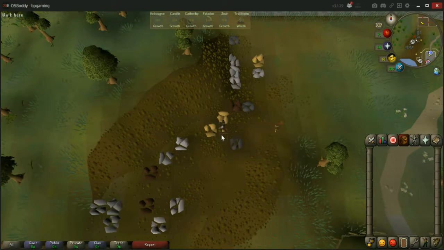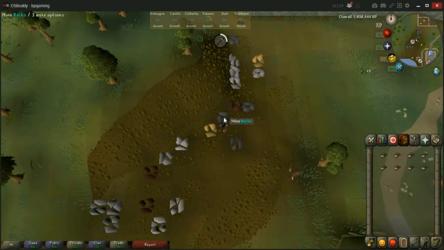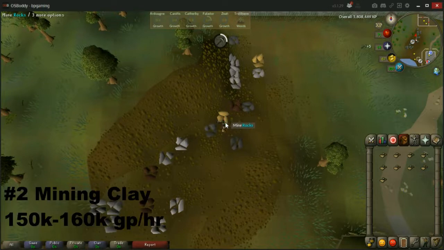Coming in at number 2 here is mining clay, and this is really easy. You only need level 1 mining, so anyone can do this, and once you get up a couple mining levels, even though only till maybe like 20 or 25, you can pretty much always get it in just one click. It goes really quickly. The bank is nearby, and doing this you can make up to about 150 to 160K